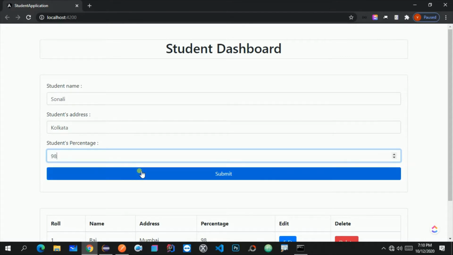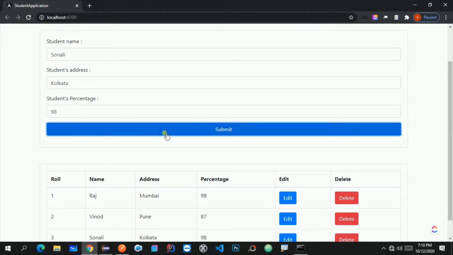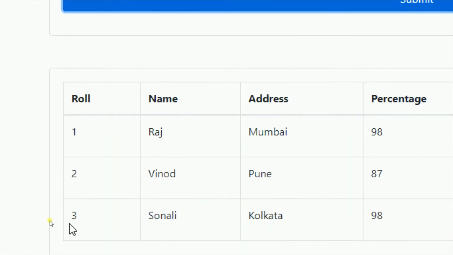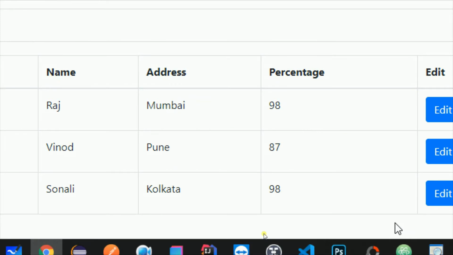Let me submit this data. Before submitting, you can see there are two rows, 1 and 2. Let me submit, and as soon as I submit the data, the table gets updated. So this is how this application is going to work.